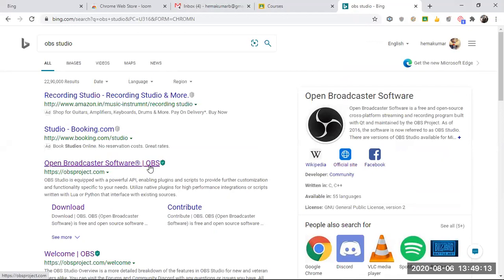Using OBS, you can do video editing. You can record your screen. You can go live using YouTube. Anything can be done. That is the advantage of OBS. But it's not so easy as we did with Loom or other things. But professionally, if you want to do it, OBS is mostly common. Because using OBS, you can even go live. So that option is not available with the other software that we discussed. You cannot go live and record. That option is available only with OBS.